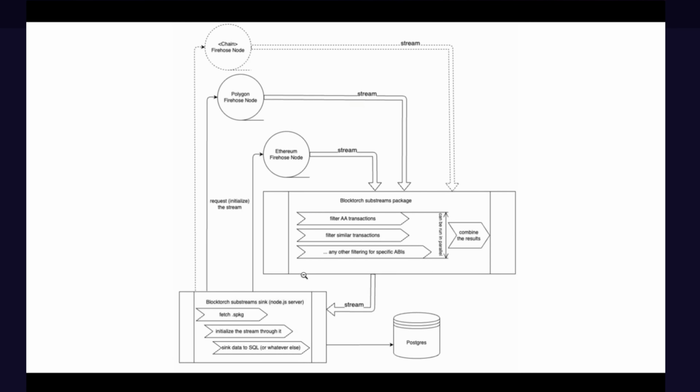So we initiate the stream from the Firehose node, but afterwards this stream goes through the package that we built before. That's how we ensure that our block storage Substream sync, which is essentially just a Node.js server where we can do virtually any kind of logic before storing to some database, or using message queues to send it to other services,